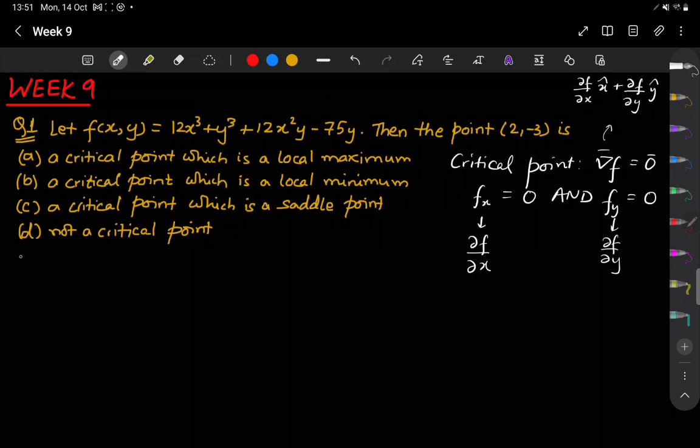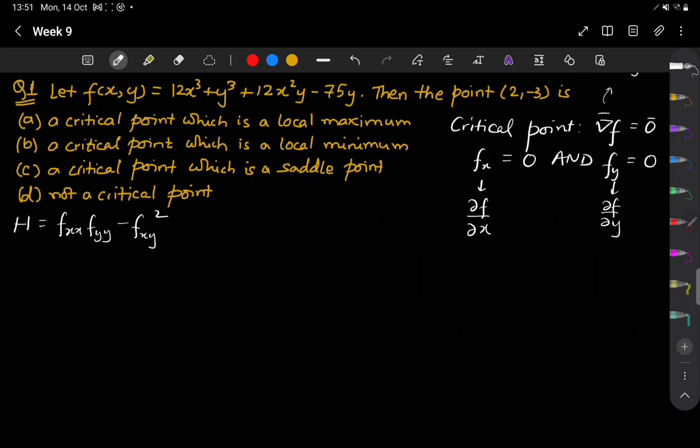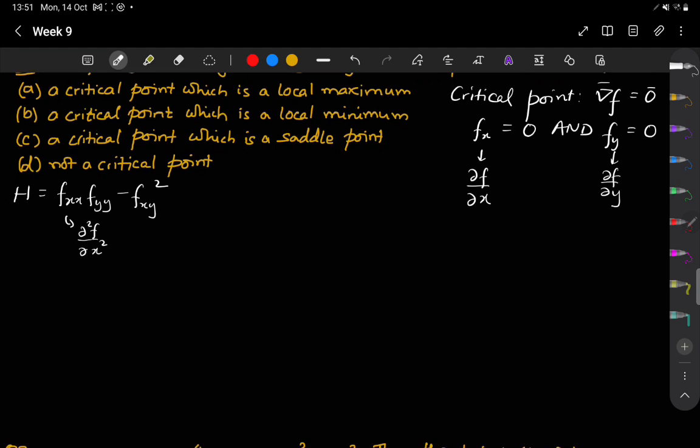Now to check for the maxima or minima condition, you need to evaluate this Hessian. It's fxx fyy minus fxy whole square. Fxx means the double derivative of f with respect to x. So fxx is del squared f by del x squared. Now fx equals,